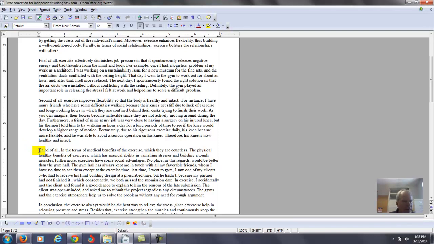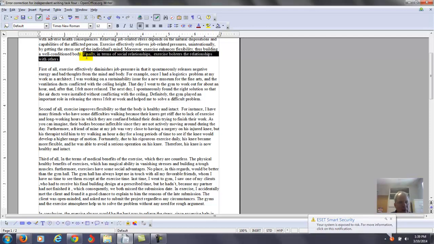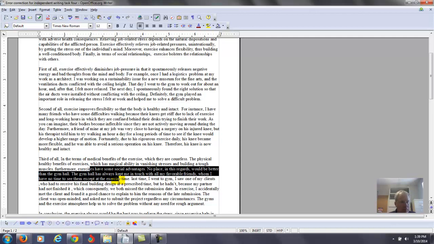All right, let's take a look at the final paragraph before we get to your conclusion. So you say, third of all, in terms of the medical benefits of the exercise, which they are countless, but to me that doesn't do anything to your paragraph other than read in the wrong direction. Why say that? Because here, you're saying in terms of social relationships, exercise bolsters relationships with others. You make it too hard for me, though. It's really not until the middle of the paragraph do I start seeing the purpose of the paragraph. So you need a better topic sentence here. So say,